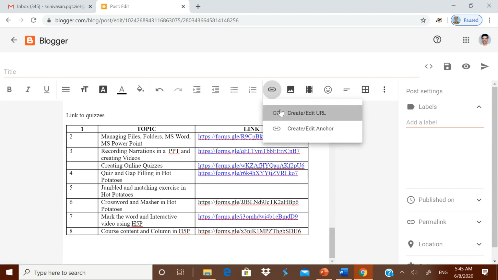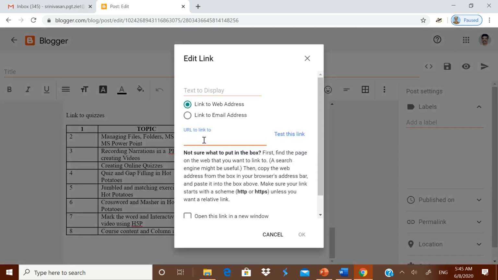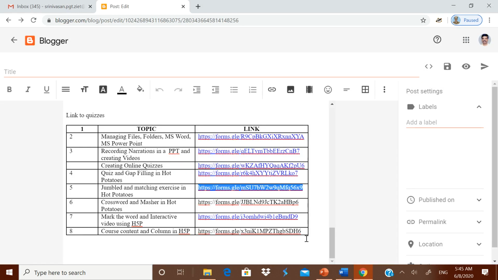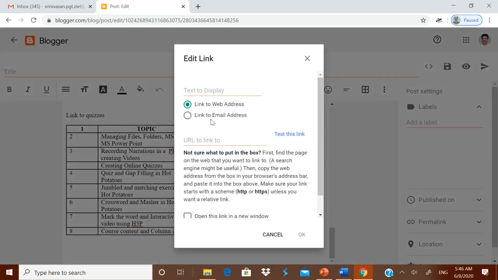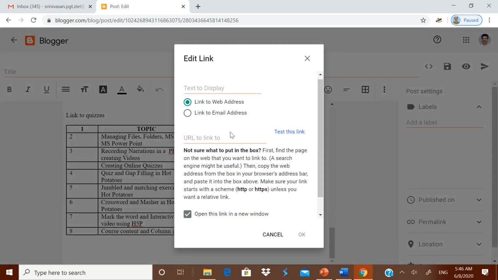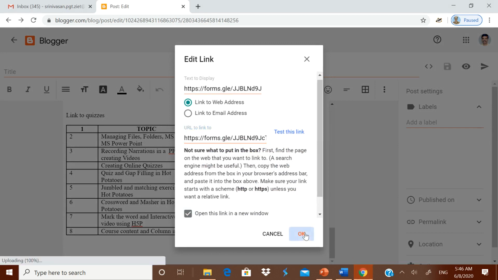Be careful. I want to draw your attention. Simply copying the link may not work over here. Be careful with that. You can see its color also. If it is in black color, the meaning is it is not a link. It is just a text. It will not consider it as a link. Anybody clicking it may not get that.